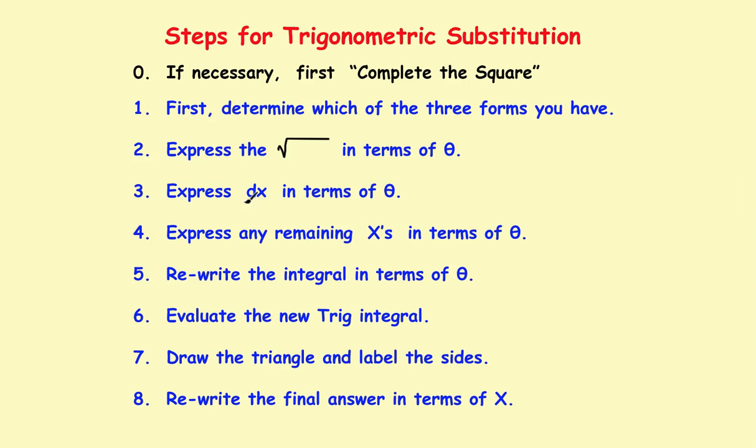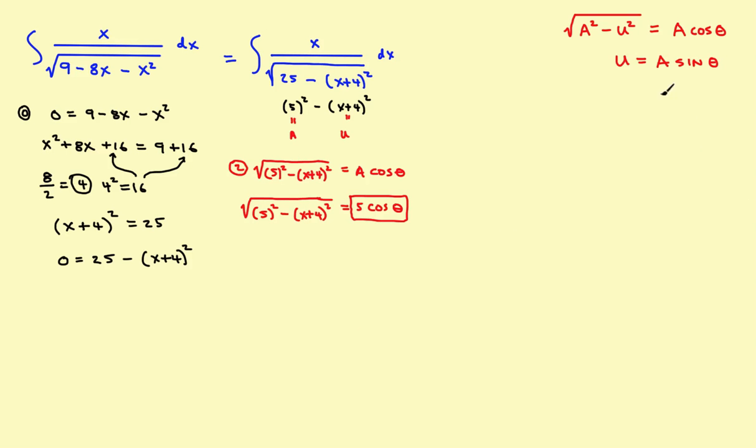The next step says now take care of the dx. So to take care of the dx, you need to begin with this u here. So this will be step number 3. So what step 3 says is starting with u is equal to a times the sine of theta. Now replace each one with what it's equal to. So u is equal to x plus 4. So I'll have an x plus 4 here. And that's equal to a, which is 5, times the sine of theta. Well, now you need dx, so go ahead and solve this thing for x. So move the 4 to this other side, and you'd have x would be equal to 5 times the sine of theta